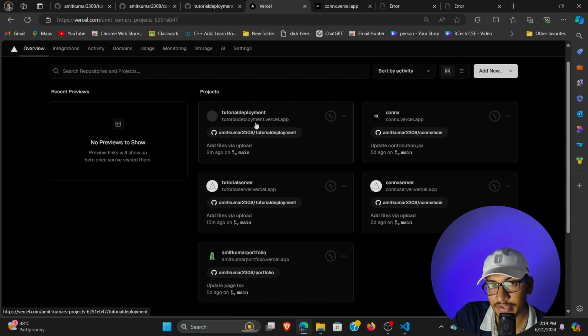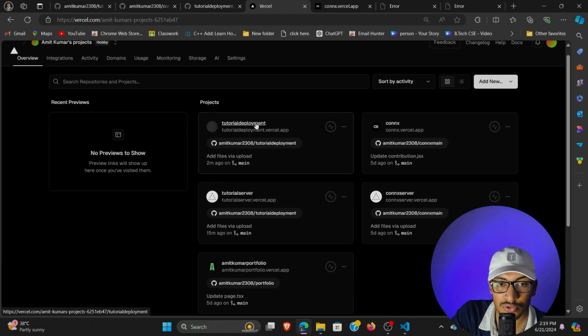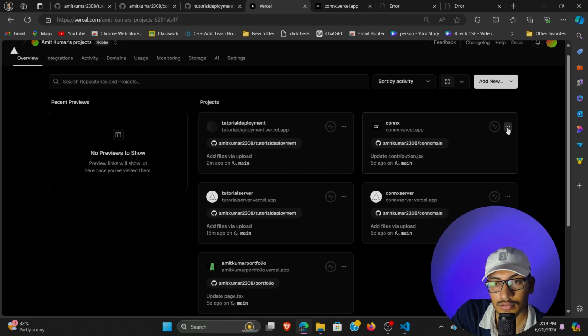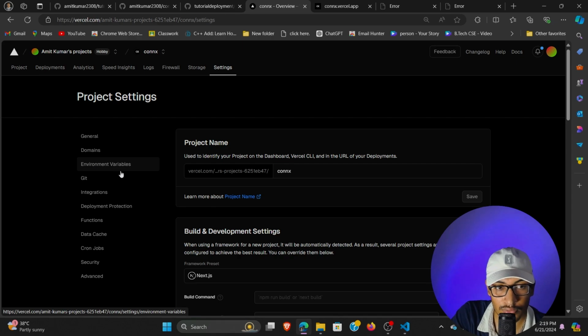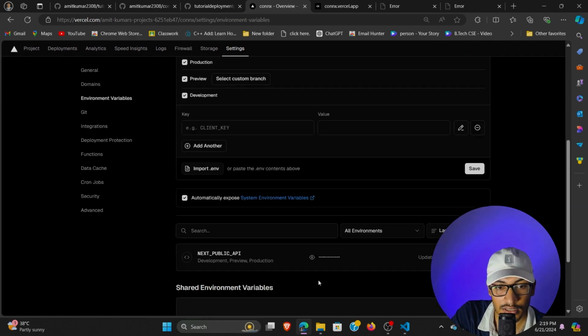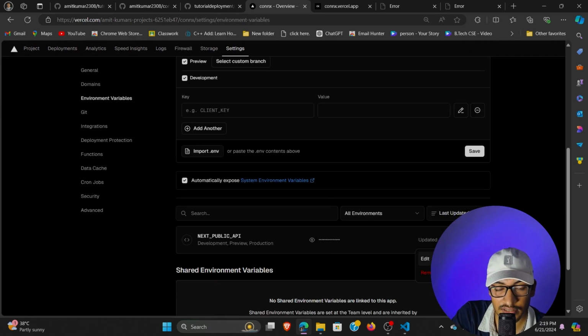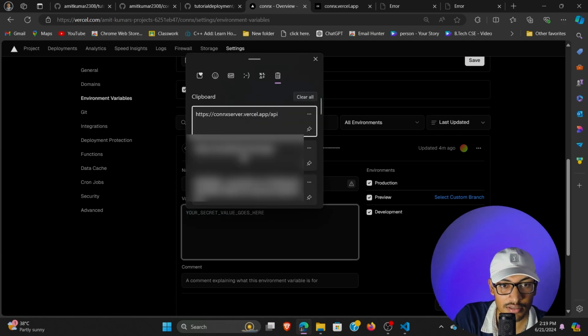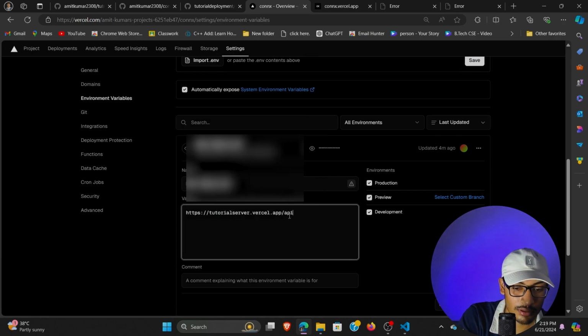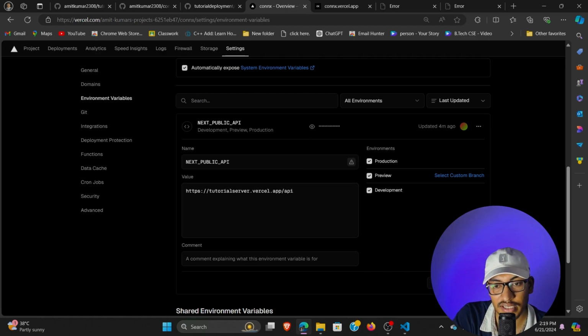So here my front end has some issues, so I use another front end which I already deployed on Vercel, and it doesn't have any issue. So for saving time I update my requesting website there. I simply go to environment variables, and in NEXT_PUBLIC_API I simply paste my new server link and save.